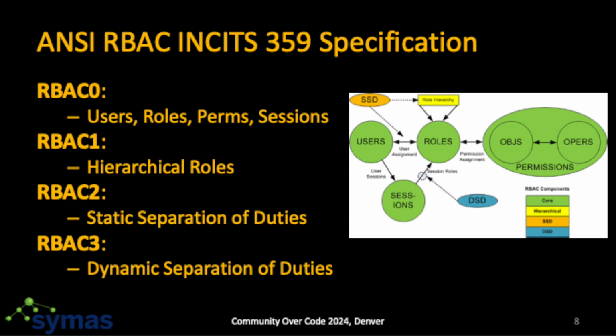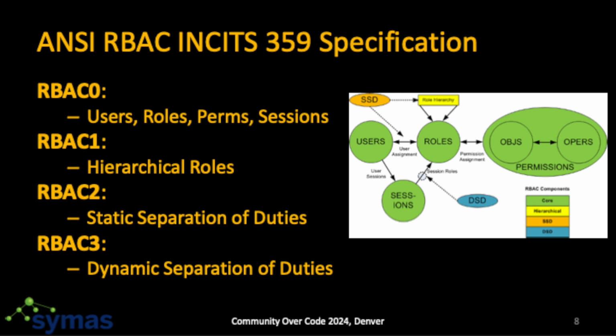It's a way of making it easier to classify when you're getting into role engineering. And then you have this separation of duties: for RBAC 2, static, and RBAC 3 is dynamic. What is that? That's where you have a constraint between roles. There's a relationship. Static would be, hey, you can be a manager or you can be an administrator. You can never be both at the same time. And the policy mechanism won't ever allow that to happen at administration time.